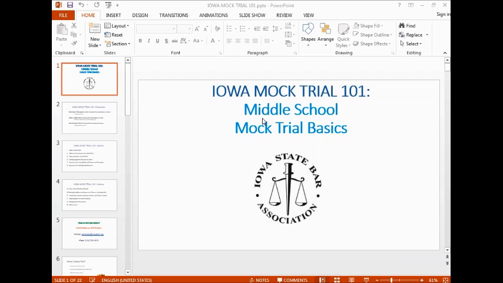then when they're not there, for example, if you know that an attorney's not going to be there who directs a certain witness, then maybe that witness doesn't need to be there either. So you don't have kids sitting around at practice with nothing to do, distracting the other kids, making it difficult to have a productive practice.